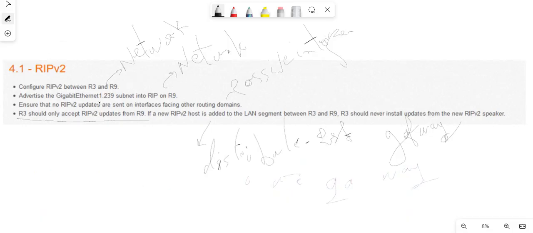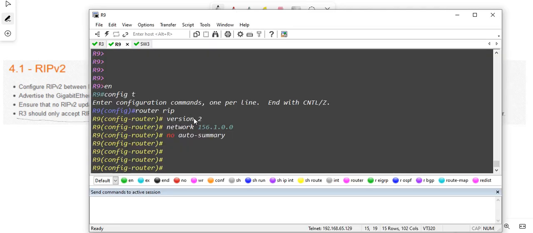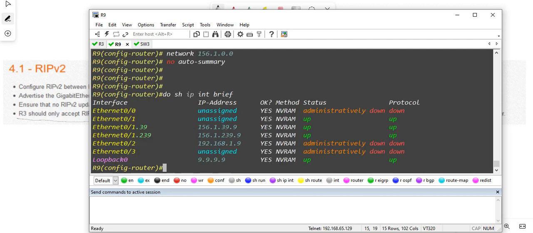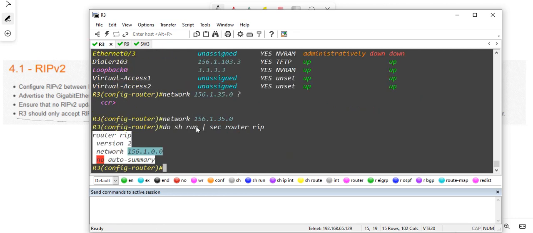On this, I have to advertise this network into RIP on R9. Because this network is in class B, and RIP is classful. If RIP has classful nature, it will advertise this network as well. I can verify this, with show IP